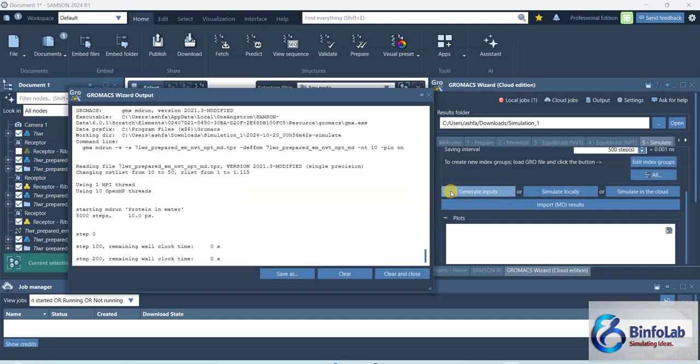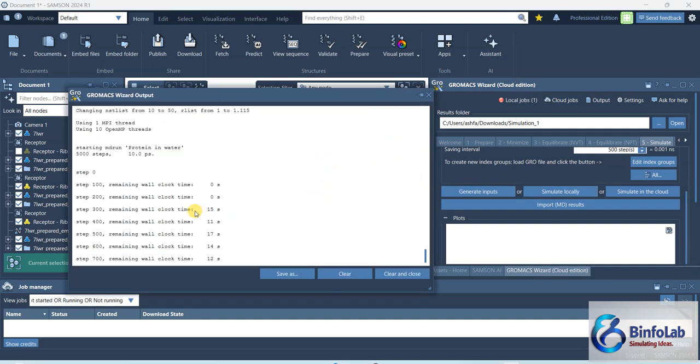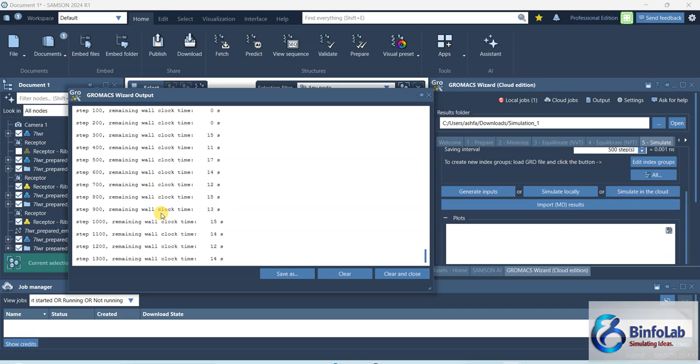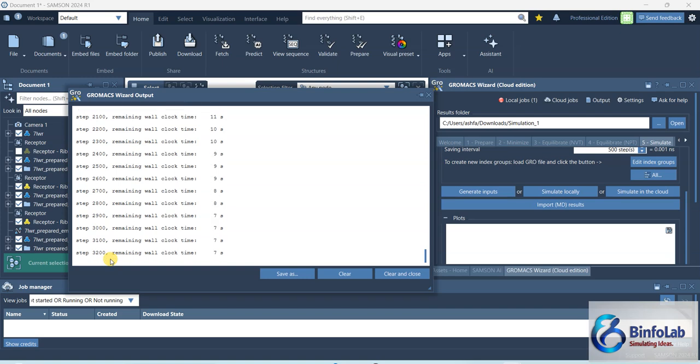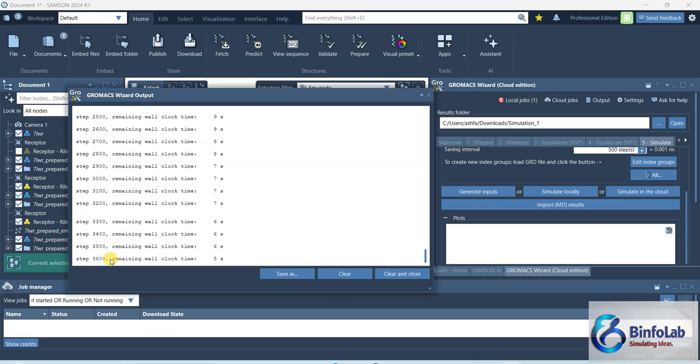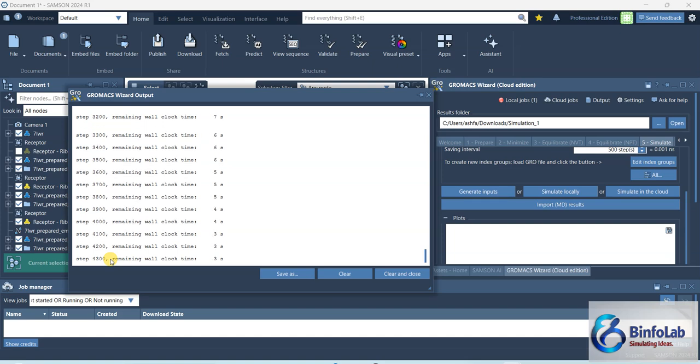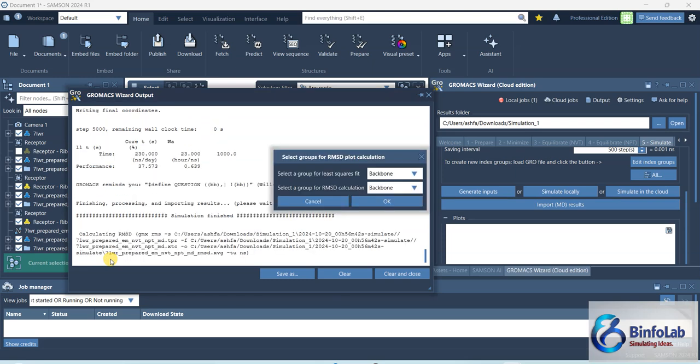So I clicked here, simulate locally. Now the simulation is working, and it will take possibly 1 minute. So you can think my computer is fair enough or good enough, but still it takes almost 1 minute for 0.01 nanosecond for a smaller system. How much will it be for a bigger system? Okay, now